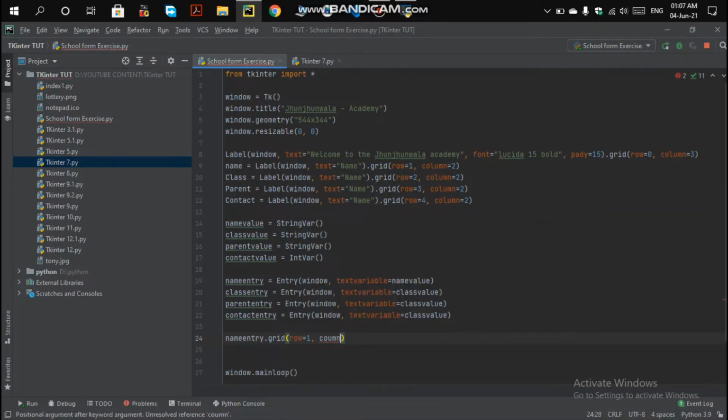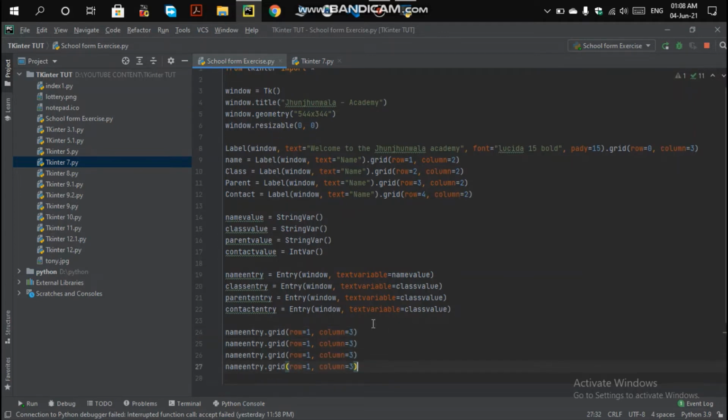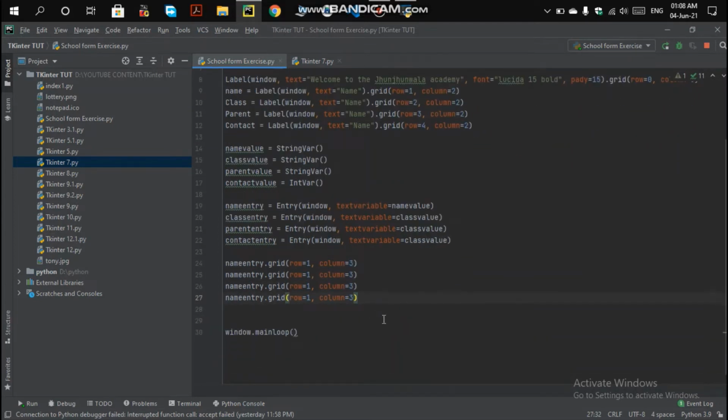You can try these things, like where your things are being placed. So give a column value of 3 right there. I'm going to copy it with Control D and change the row. So add column 2, column 3, and column 4 here.